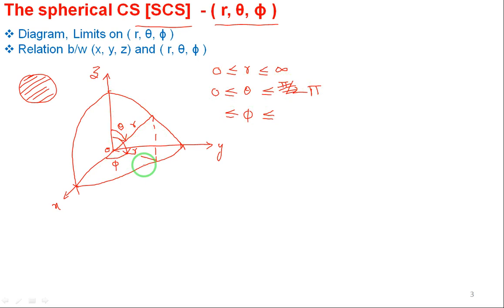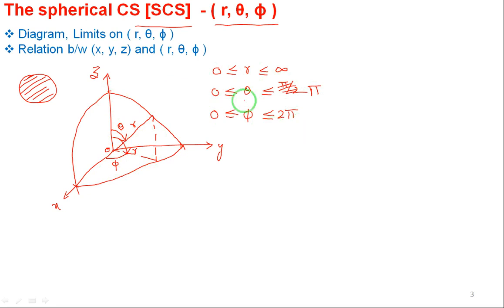If theta is varying from 0 to 90, this is the 1/8 of a piece. If theta is varied from 0 to 180 degrees, it means from the z axis you started, it will go till the negative z axis in the downward direction. 180 degrees means a D shape is formed. If the D shape is rotated by 360 degrees, that is phi, then a sphere is formed, right? I'll put the limit for phi as 0 to 2 pi, 0 to 360 degrees. So these are the limits so that the sphere is formed: r 0 to infinity, theta 0 to pi, that is 0 to 180 degrees, and phi 0 to 2 pi, that is 0 to 360 degrees. So that the sphere is formed.